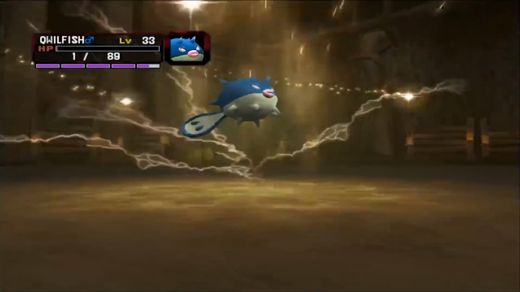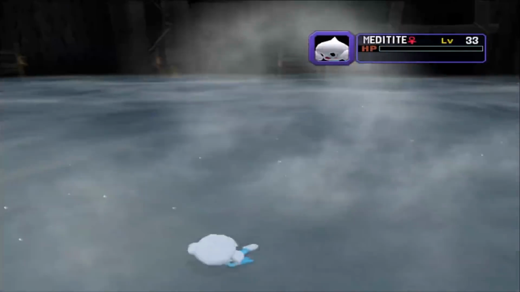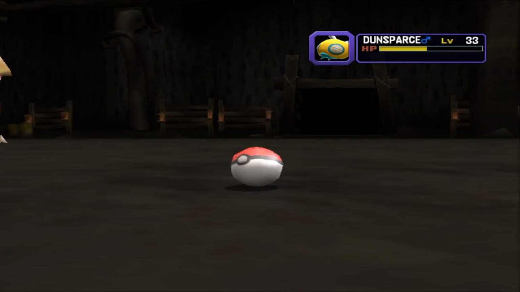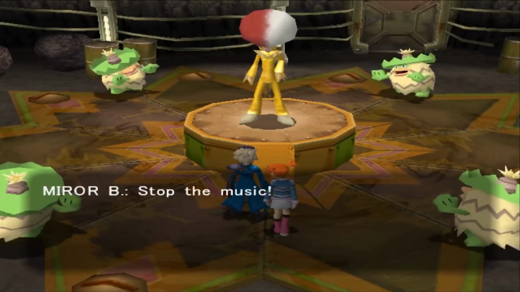I then also had the chance to get a Meditite, but I sadly enough killed it with my Croconaw's Surf. Not like I was going to use it anyway. So yeah, rip Meditite. I then also got a Dunsparce and a Swablu. And eventually we did reach the end of the cave, where we find Mirror B with his 4 signature Pokemon